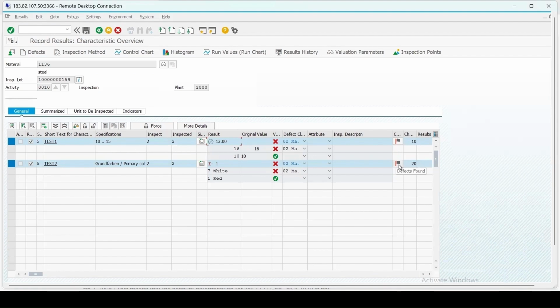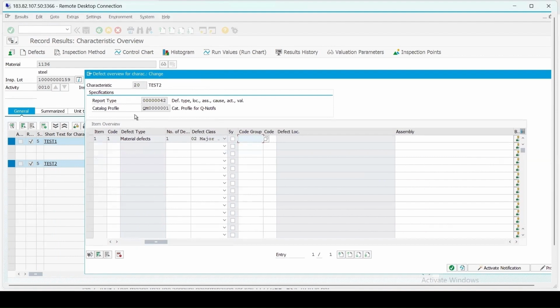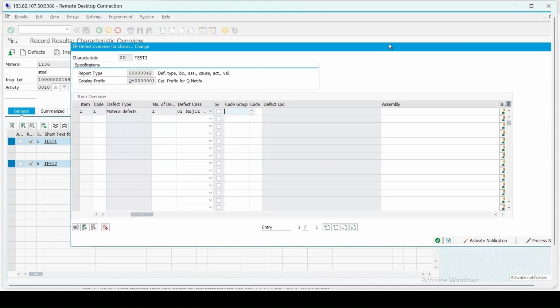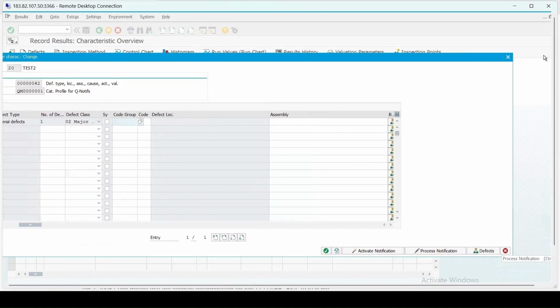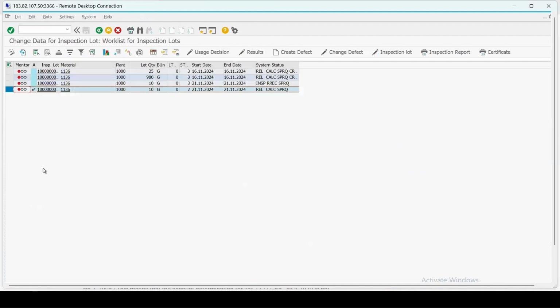Okay, so the defect which is found is material defect, it is showing because we have maintained the defect type code as material defect. And here also we can activate the notification, and the notification is created. You can view the notification and all. So this is how it will be automatically added. Save it if you want to add the defect